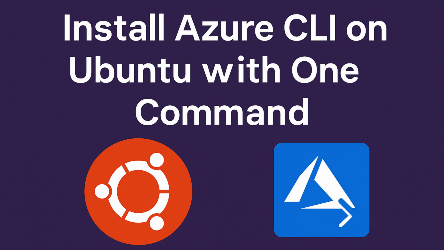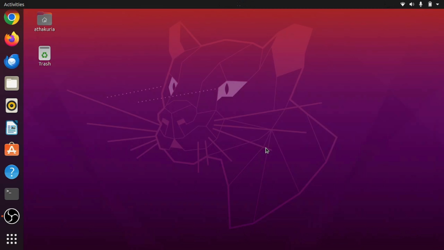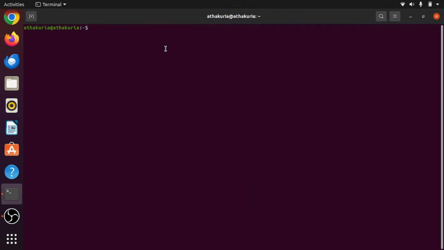Today we will learn how to install Azure CLI on Ubuntu using a single command. First, we need to open our terminal on our Ubuntu. So this is my terminal, and then we can type our one command through which we can install the Azure